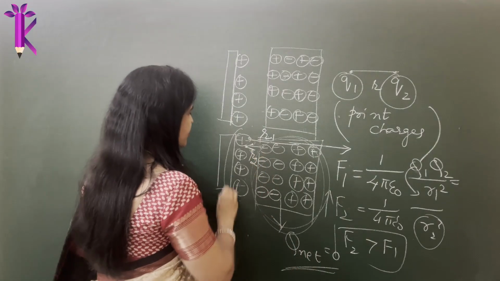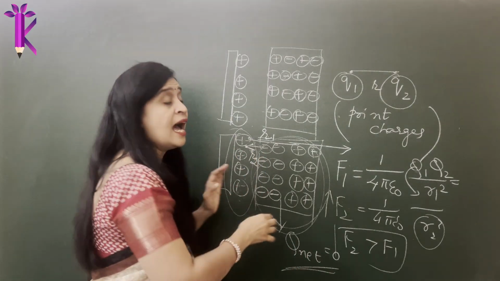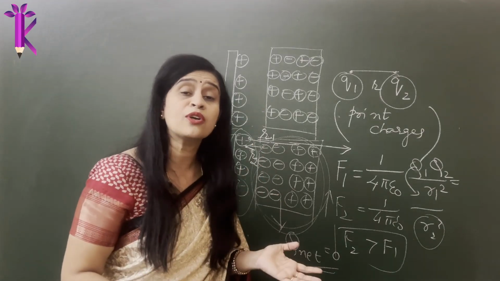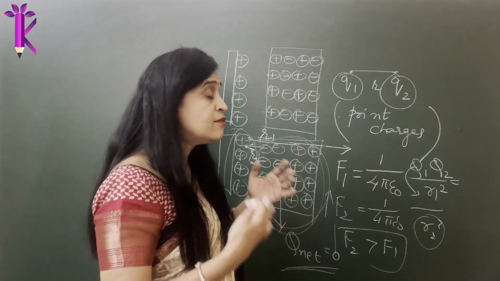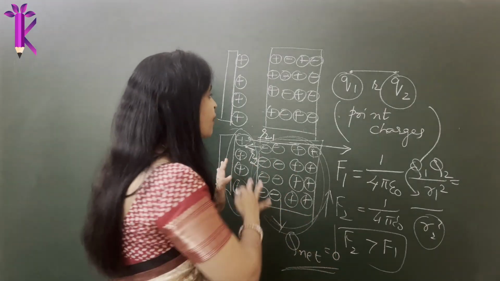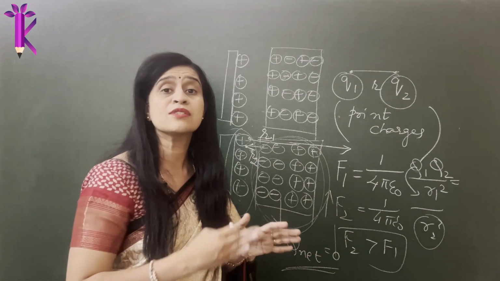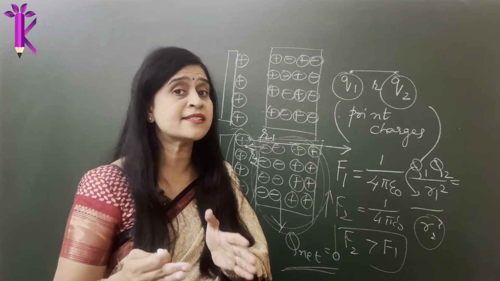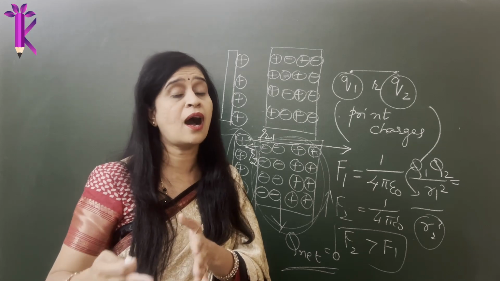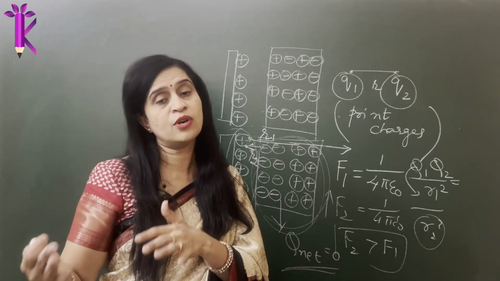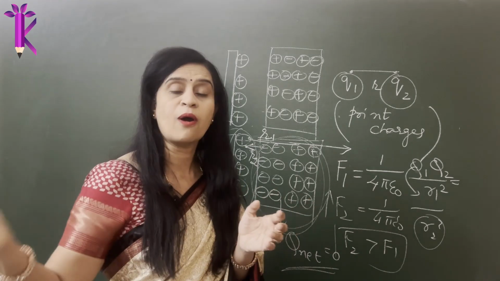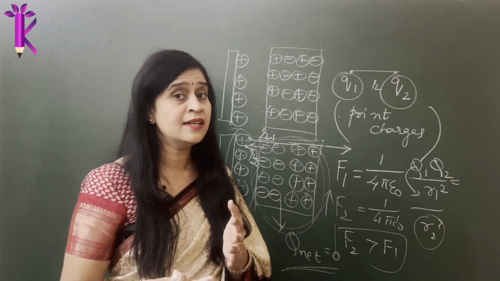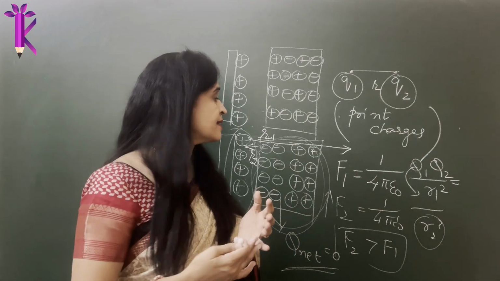Here it is not a point charge, you have a large number of charges and it's an array or a row of charges or a column of charges, and we do not know how to use this law. So even if they are experiencing some force, we fail to define it because we have not arrived at any expression where we could use Coulomb's law to define it for an array or a row of charges. So this is very crucial, which we will discuss in distribution of charges in the coming class.